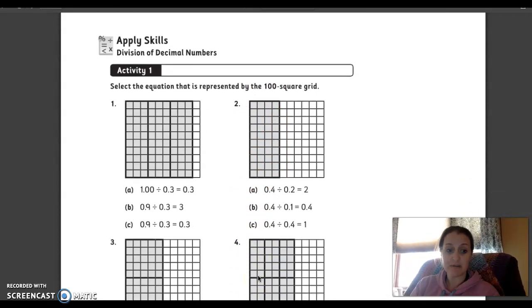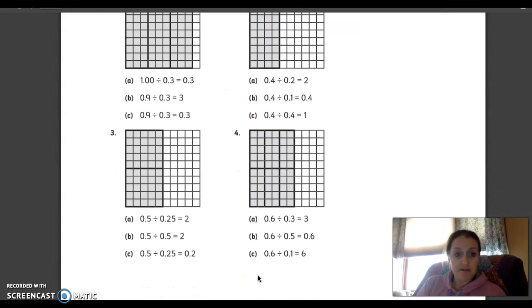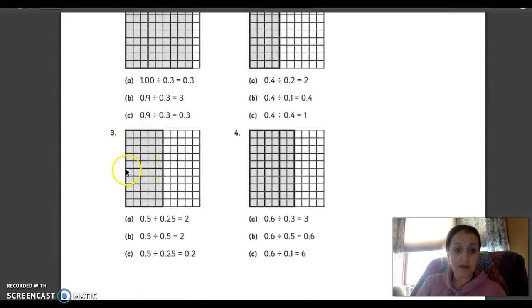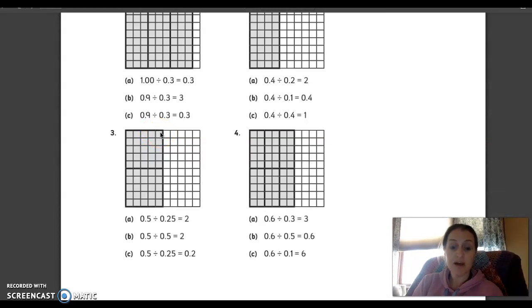Now let's move on to number 3. First, let's look at how many squares are sectioned off here. What did they divide it by? Let's count our columns here. 1, 2, 3, 4, 5. We know we have 5 columns of 10. So 5 times 10 is 50, which in a decimal would be 0.5. So we know that we are dividing 0.5 by